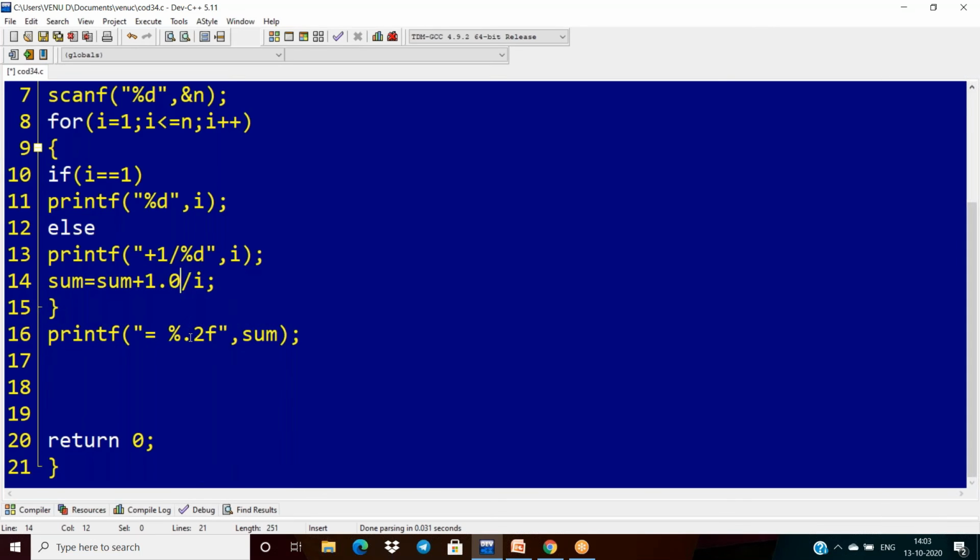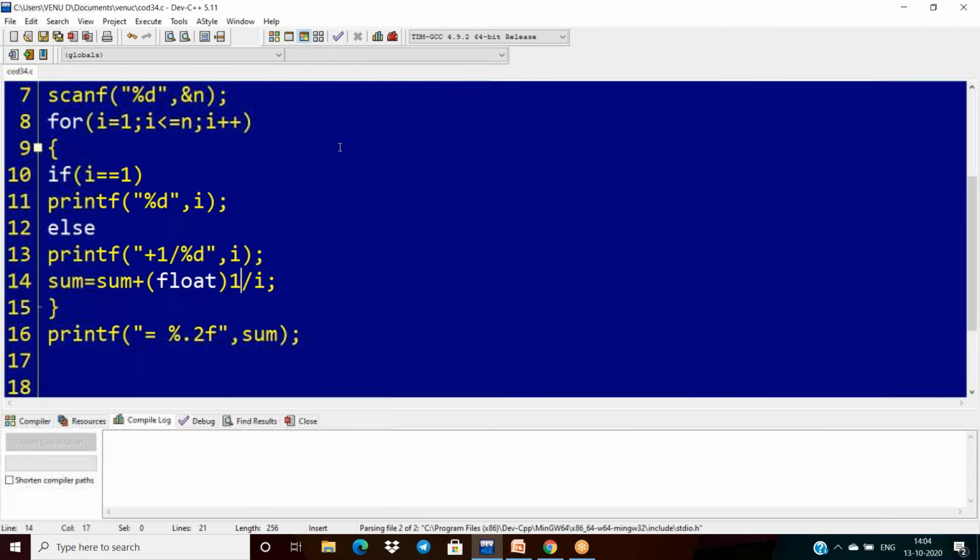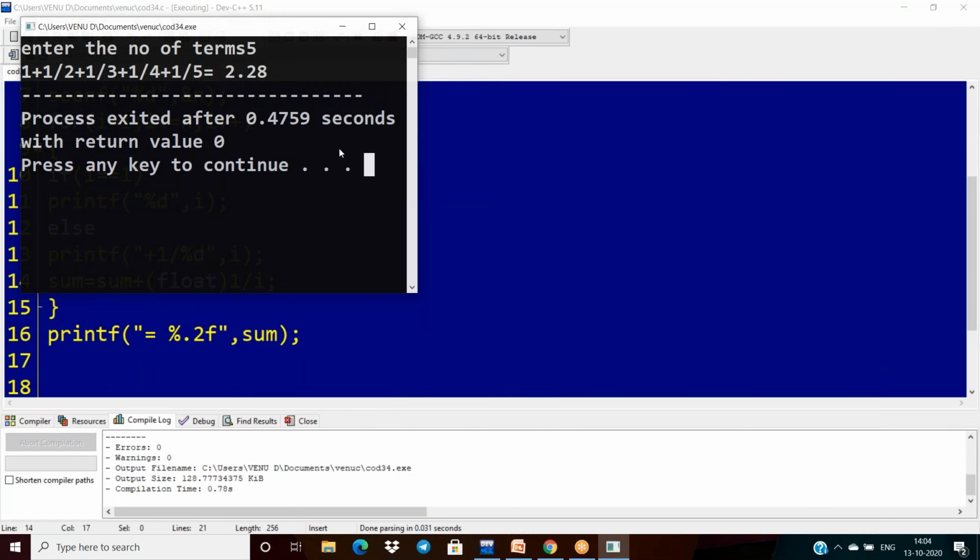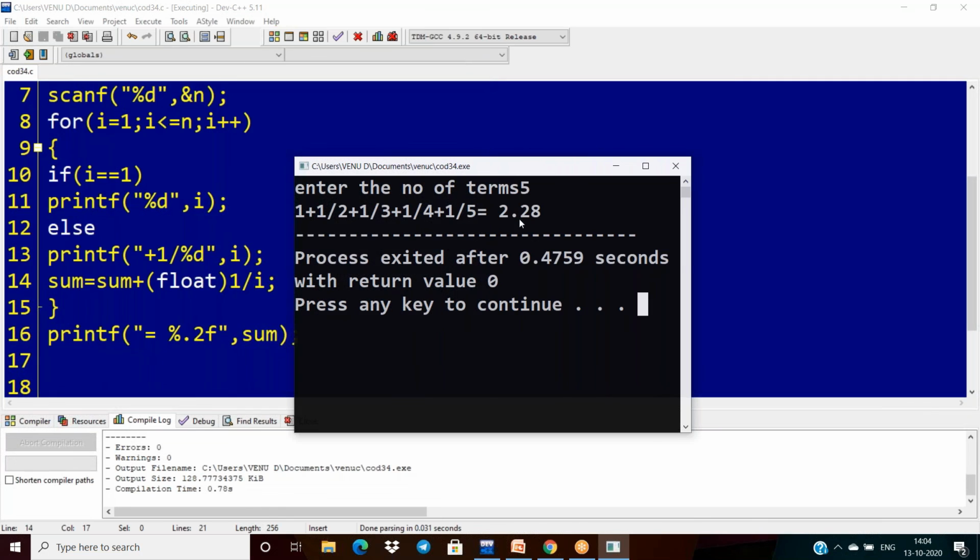So that is why I have to write this as 1.0. Or otherwise, you can also do the typecast like this here, float of 1. Now float of 1 means what? It is 1.0. Then you will get the value. So now I am getting the float value, correct? 2.28 is correct.